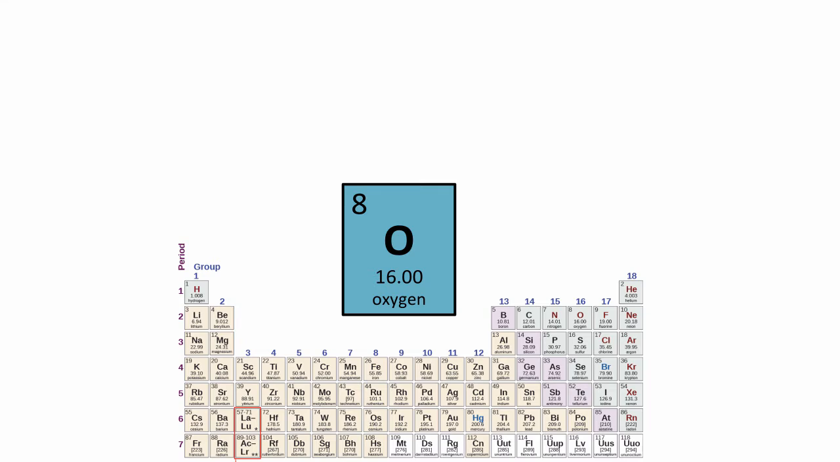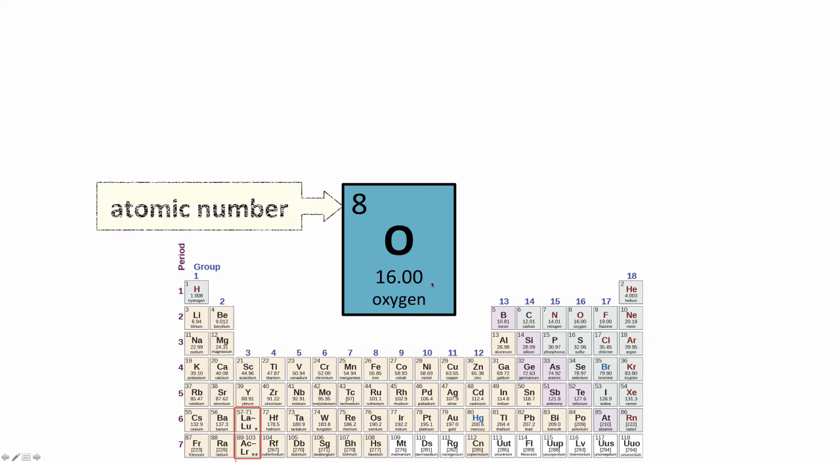Okay, well, let's look a little more at what we can get, in terms of atomic structure, from the periodic table and some of the values given for each element on a periodic table. And let's use the example of oxygen, symbolized by O. And if we look at its periodic table information, there's an 8 in the upper left-hand corner and a 16.00